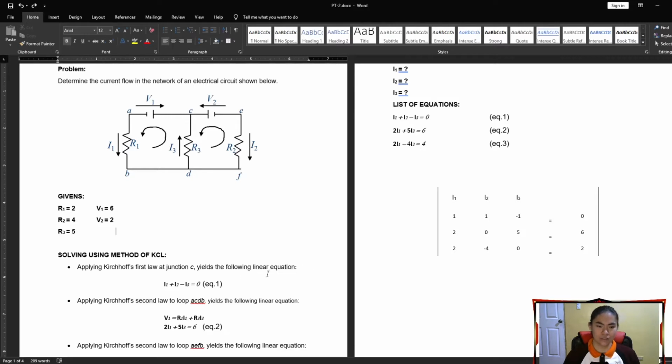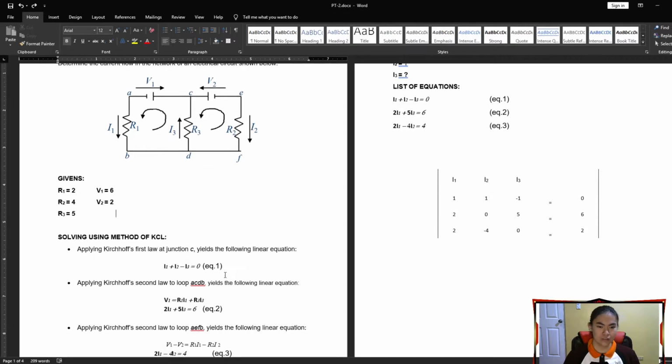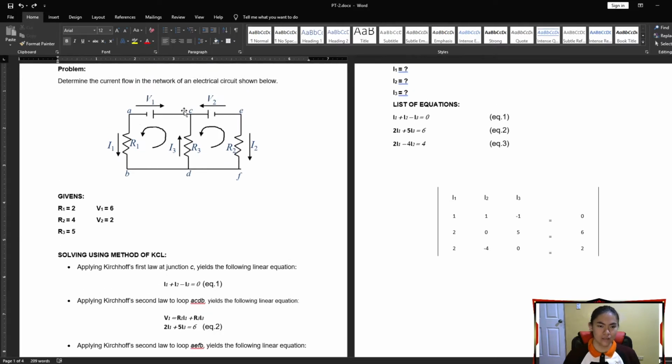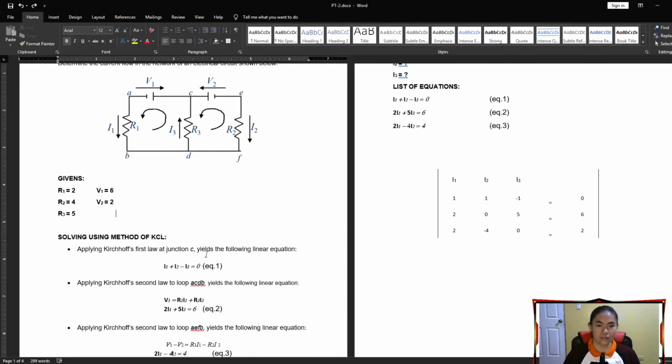Yields the linear equation. So, kung titignan natin dito sa ating circuit, makakagawa tayo ng equation na I1 plus I2 minus I3 is equal to 0. So, yan ang ating magiging equation 1. Next naman is applying Kirchhoff's second law to loop A, C, D, and B. And makakuha tayo ng equation na V1 equals R1. So, start tayo dito, V1 equals to R1